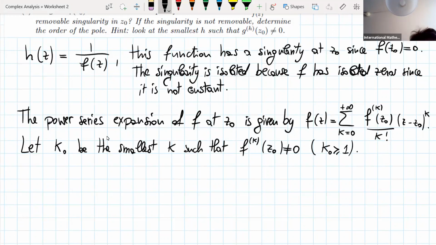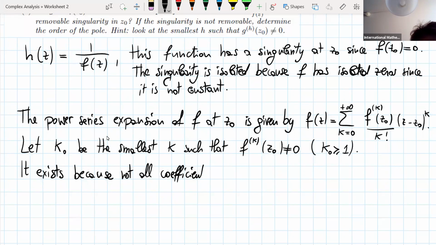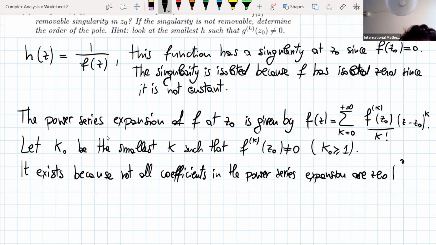So maybe we can write this here. It exists because not all coefficients in the power series expansion are 0. Otherwise, f is constant. Okay, so this means that we can write f of z